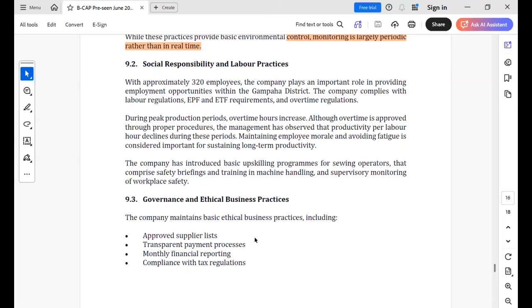Then governance and ethical business practice. So this I think we have already discussed. The company maintains the basic ethical business practice, an approved supplier list. So you have to screen the suppliers, whether they are doing ethical business, whether they have child labor, whether they have forced labor. They must take those declarations, right? So regularly you have to review it. And also